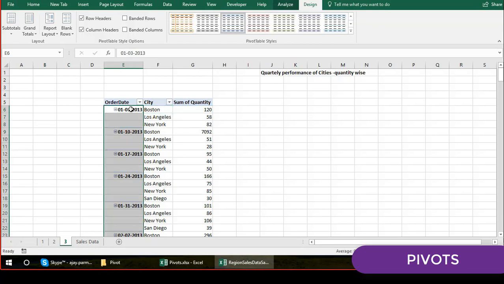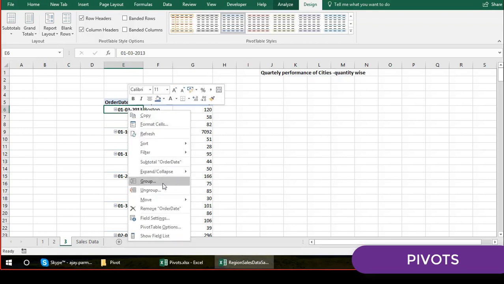Now what you will do, guys, in the date section, if your dates are stored as numbers in your data, not as text, because I told you in the date session that dates are always stored as numbers. But if you're bringing some outside data into Excel, or maybe due to any text formula you're applying, and you change the date to text, this option will not work, remember. Okay, so I right click here and I say group.